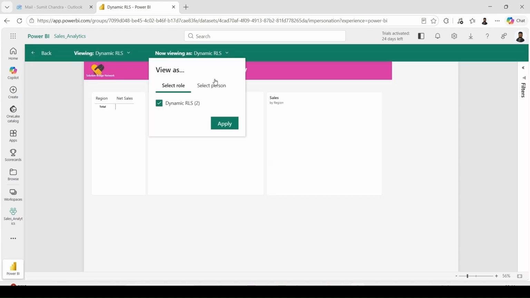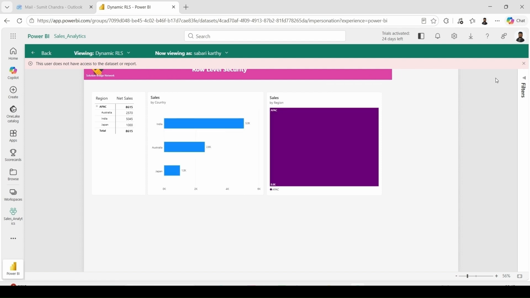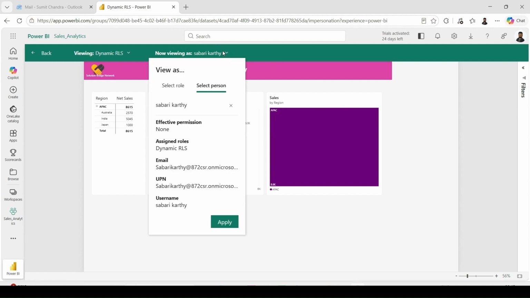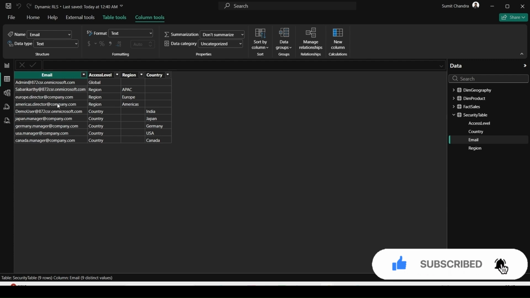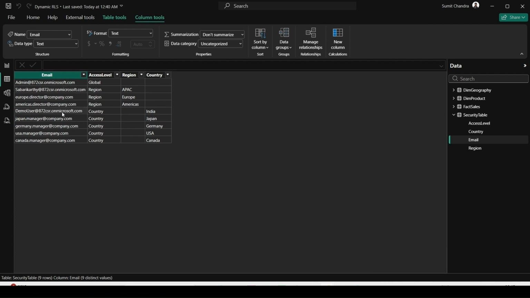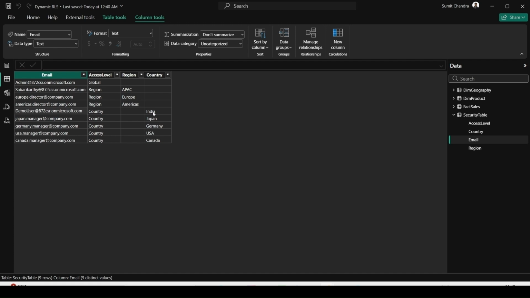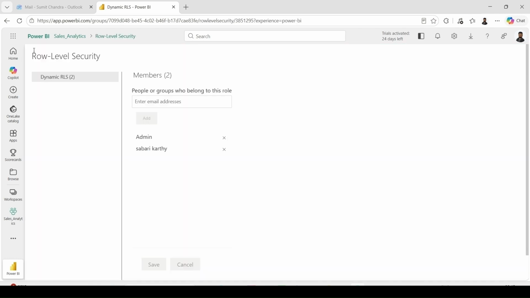Now in Dynamic RLS, let me select person, and here we have to put the ID of that particular person, and here see the user has access of APAC region only. Now let me go to the security table again, and from here I'll copy this ID, and this user has access of India data only, country specific access. Let me come to the workspace, hit on back, again paste the ID here, and let me add this user